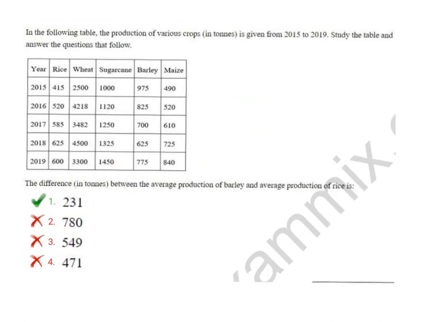Now he's asking you the difference between the average production of barley and the average production of rice. So if you go by the question, you first have to find out the average production of barley and then rice. Then you have to find out the difference. But you can also find out the difference first. Barley and rice, you just find out the difference between them. So rice is here and barley is here. The difference is, you can say